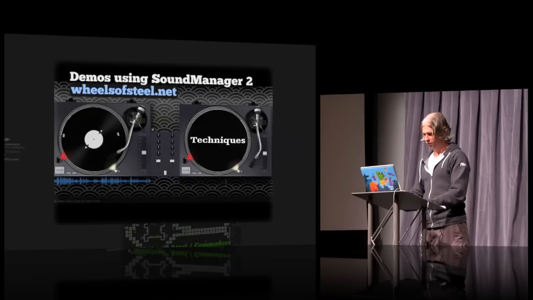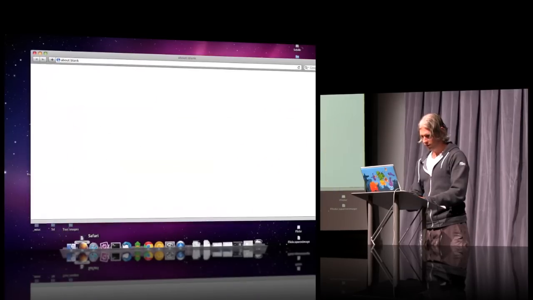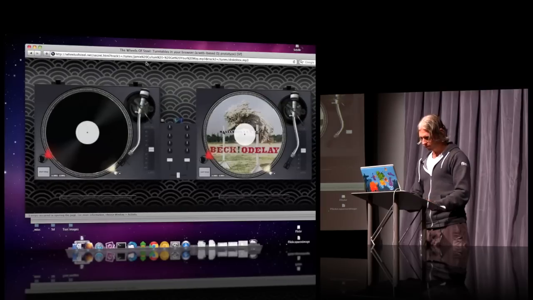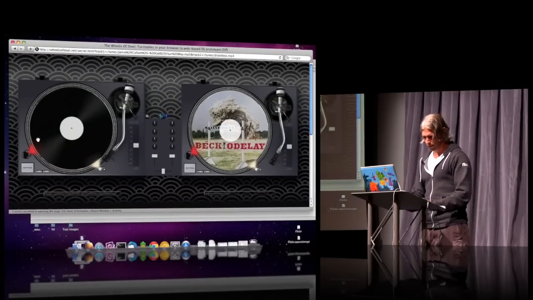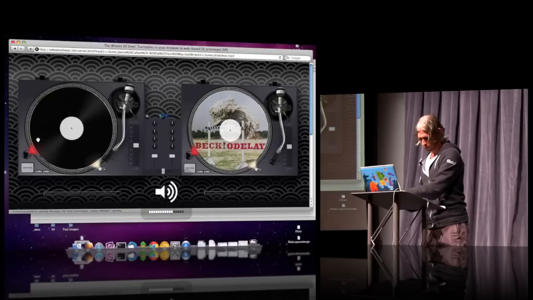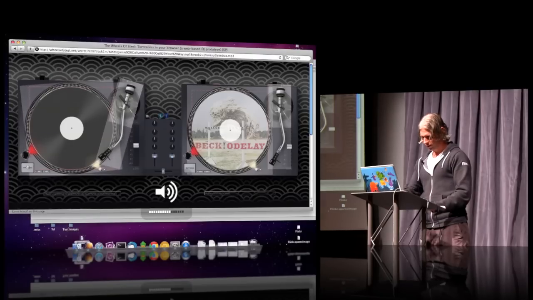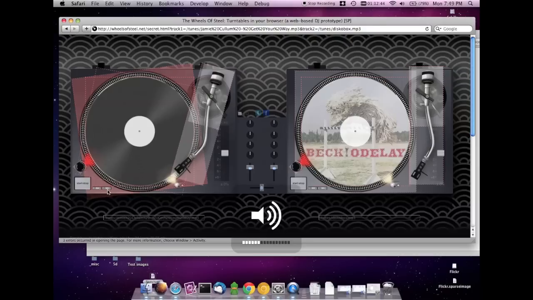Okay, so some stuff I built. I'm going to pray to the demo gods and just hope this works. So bear with me. The Wheels of Steel was an experiment that I started earlier last year. And I'm just going to try really quickly to play something and mix something. So bear with me. This is all HTML. That's the sound that I don't want to hear, but let's go with it anyways. So I might have to do the video of this that I have.